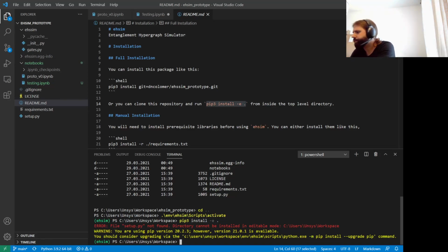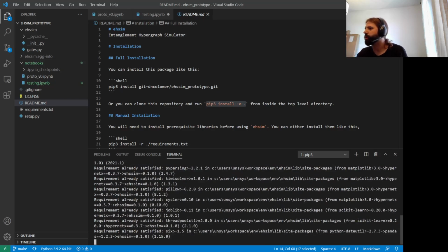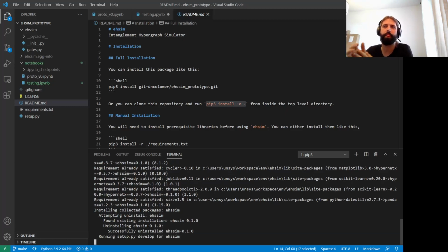Sorry, I should go to the prototype folder. That's the root directory. And now run this. Okay, this might actually work, because then hopefully I can work with a notebook directly in VS Code, so I don't have to fire up another window or something. And while this is installing,